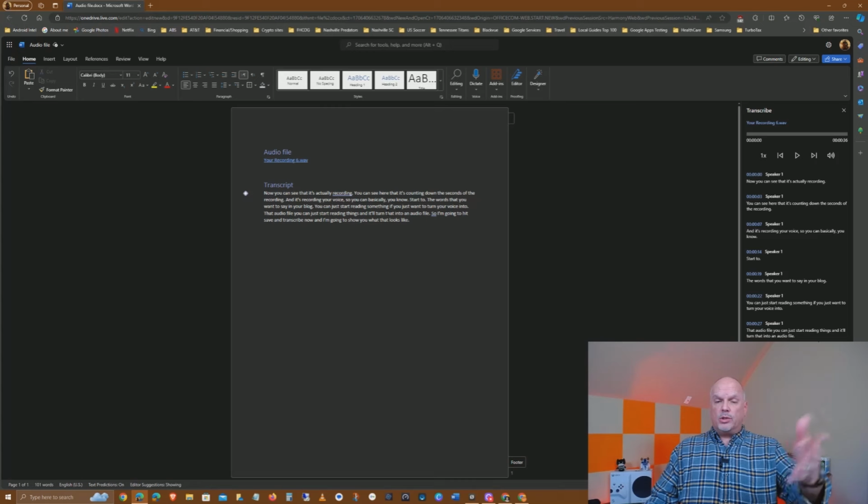When you're done, you can either save the document or just close the document. Of course, it's going to ask you, do you want to save this? You can say no, and the document's not saved, but your audio file is saved. So all you have to do is go back to the audio file, and you can actually regenerate the information. And you can see right here, it says your recording 6.wave. It saves it in a WAV format, which is a standard audio format. Any voice dictation, transcription service, or any of those will support. So it's really an awesome feature.